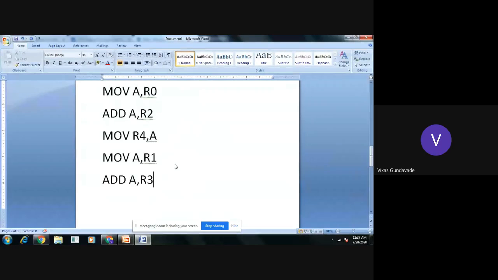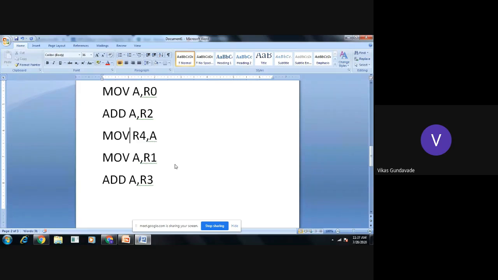But while adding these numbers, we need to consider the carry generated during the previous addition. Because for the 16-bit addition, we first did the addition of the low 8-bit numbers, and there may be a carry generated during that addition. We need to consider that carry in the addition of the higher 8-bit numbers.